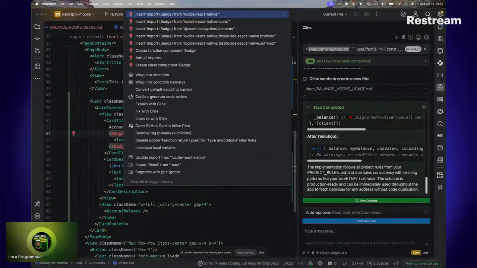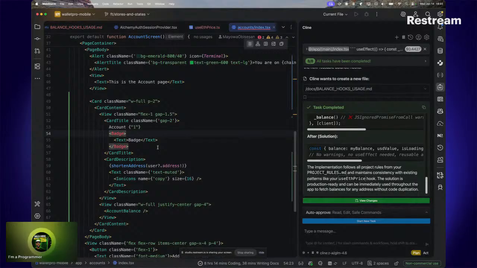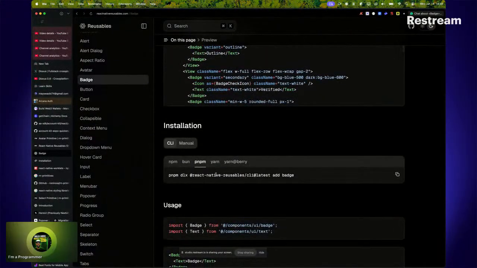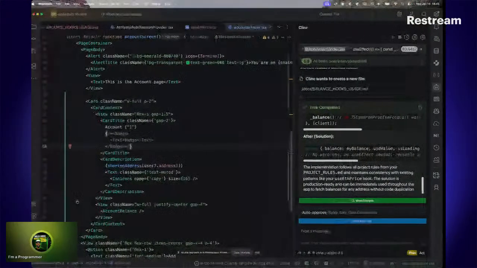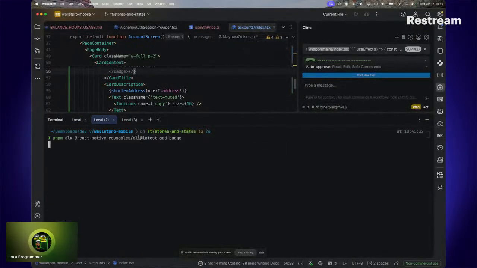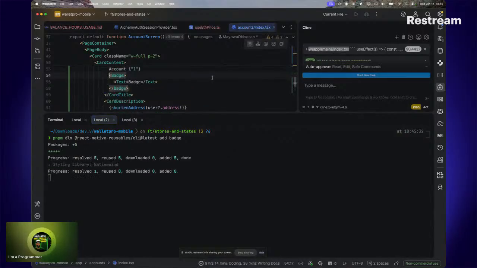So the badge first will be downloaded from. Okay, that means I don't have badge installed, so we can't. In order not to throw an error, I'm just going to comment this out and add the badge component to it. Apparently I don't have it installed. I need to copy it, install it, go back here, paste it in, install the badge. Once this is done, we can just comment it in and import it directly from